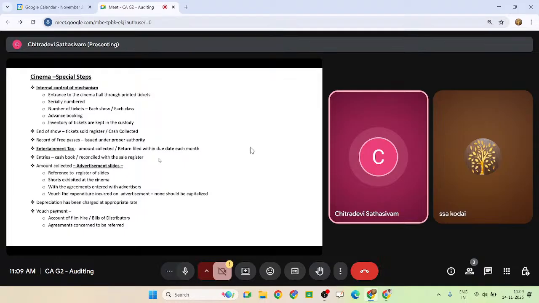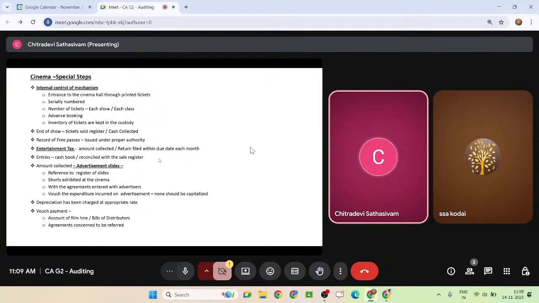And many have been going on to it, all ads on the old buildings, so they are having it up. Okay, so this is how it takes place, the agreement. So you have to examine the agreement contracts. And what happened is, nothing should be capitalized in these things, because at the end of the day, these are only revenue expenditure only. Okay, correct? Because it's a revenue stream only.